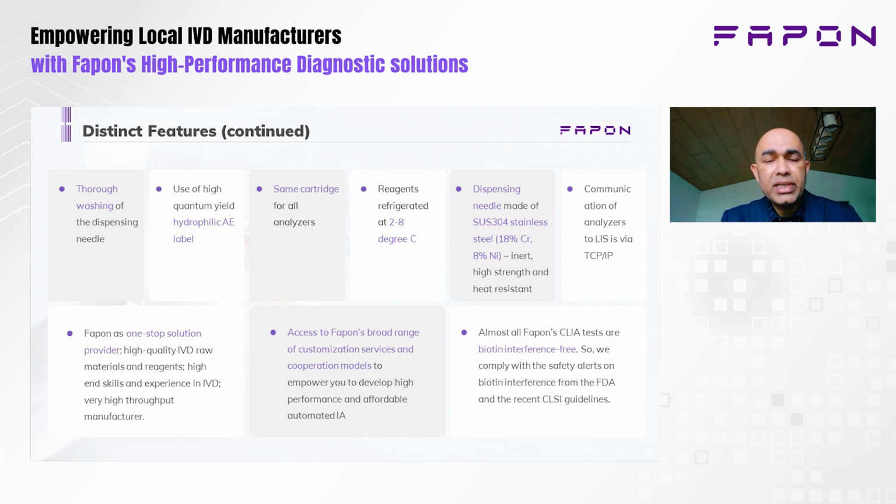And as we already discussed, Fapon is a one-step solution provider. So we are assisting you with all the services that you can think of to help you develop the IVD kits really quickly. Then you have access to our broad range of the customization services and the cooperation models in which we will empower you to develop high performance diagnostics. And one of the most significant features is